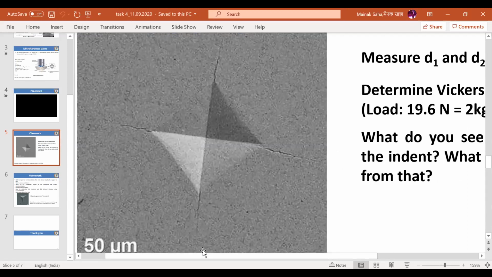Now apply your mind a little and tell me. In this case, you are having a crack. In my experiment, in my material, I did not have a crack; rather, I had slip lines. So what do you understand from this? It is more brittle than the previous one. This kind of thing you will see when you do it on a ceramic. If it is a ceramic, it is brittle. You do the Vickers micro indentation, and you will no way see slip lines. You will be seeing all these cracks.